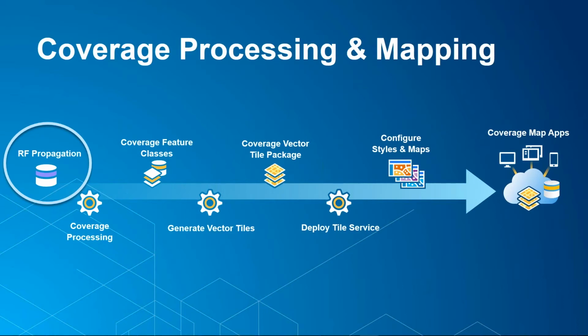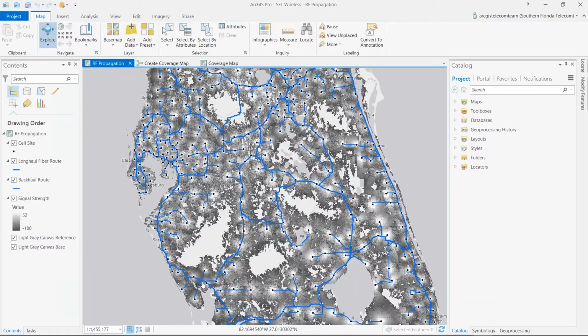So let's actually take a look at a demonstration of this coverage processing in action. Here we have a coverage map that is our raw RF propagation data that has come from our engineering and design tool. Here I'm using our desktop application, ArcGIS Pro. Now I've brought this raw propagation data into this application, and what I want to do now is create a vector data set of this data and then publish it up as a vector tile service